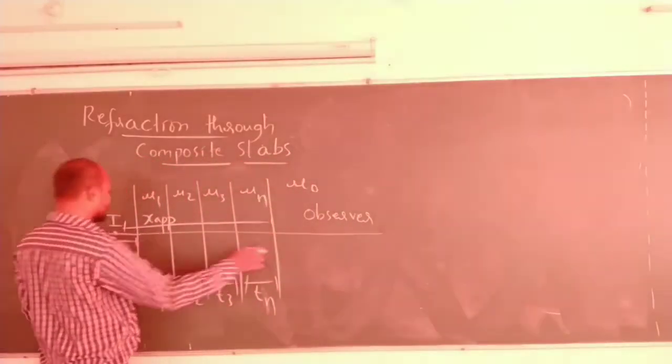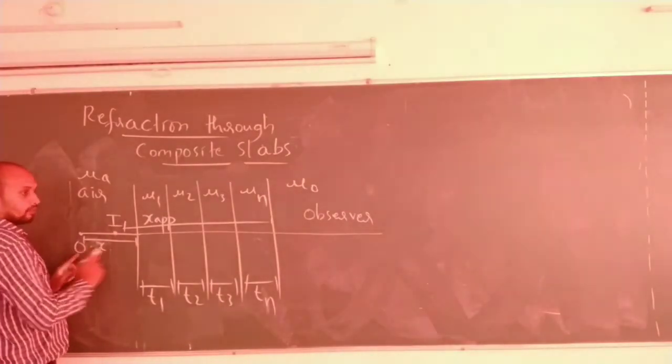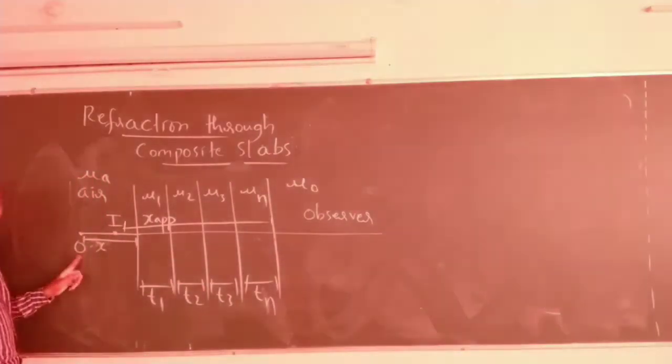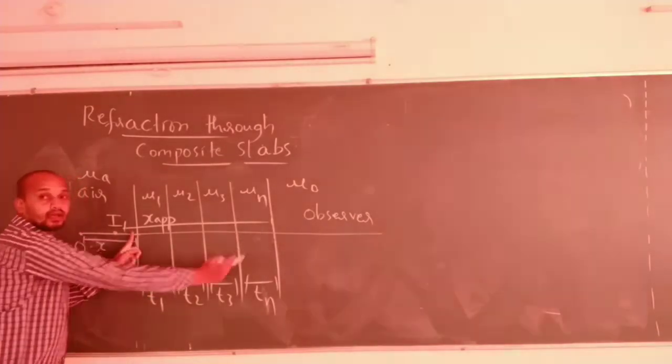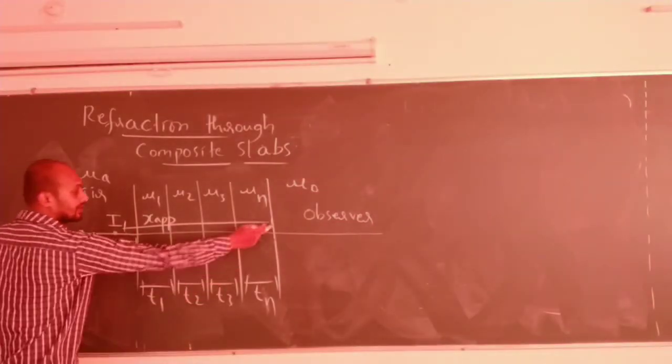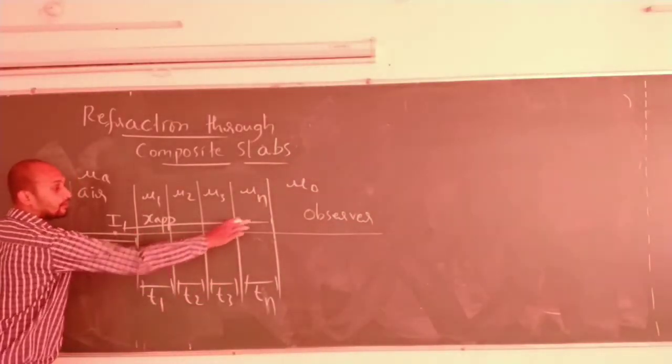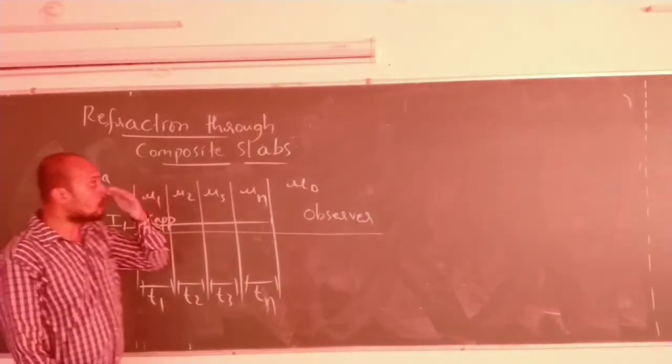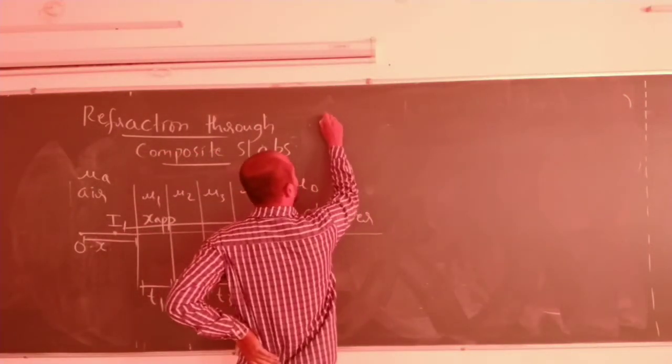From the observer, from the first surface I am measuring the apparent depth. From this point to this point is real depth, and this will be apparent depth. From here to here real depth, this will be apparent depth due to this composite slab. Correct? How much? Apparent depth is given by